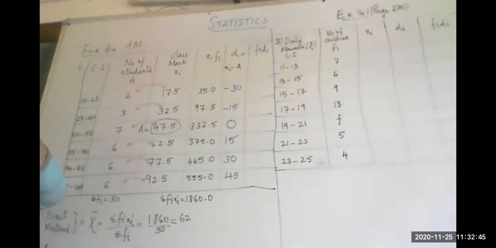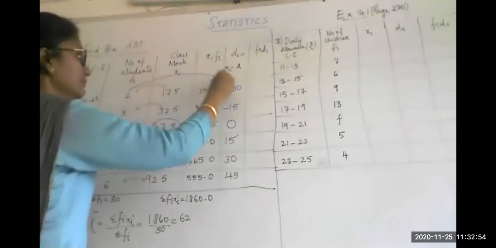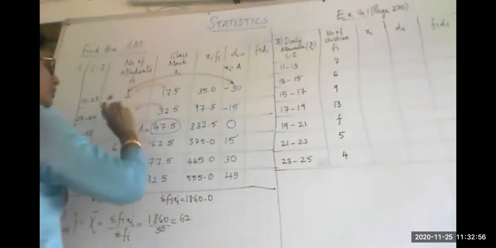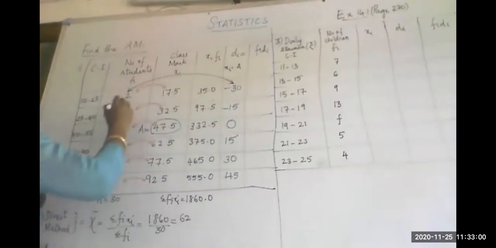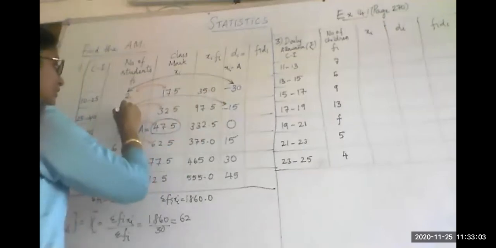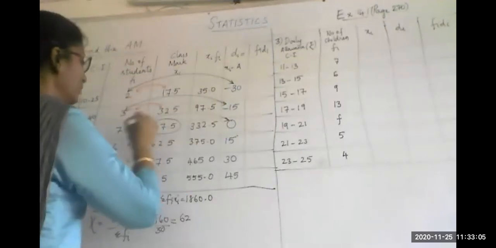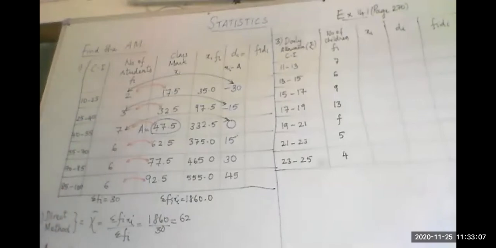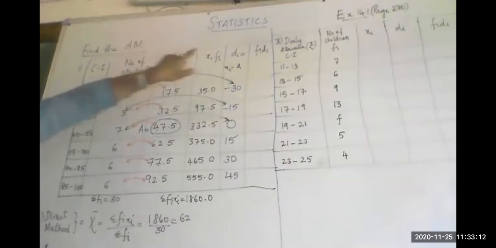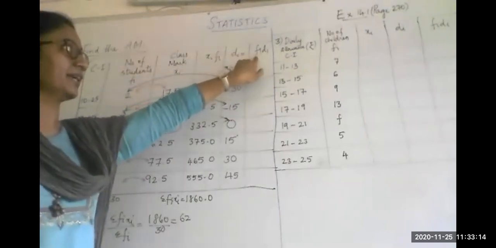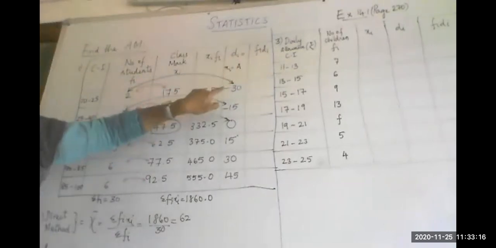Now the next column that I have to create is the product of the corresponding frequency and the di. You should be very careful. Some of you have the tendency of multiplying xi with di. That's why I'm putting this arrow mark and showing you. You should clearly know you are correspondingly finding the product of the di with the fi. fi di, the product of frequency with the corresponding deviation.